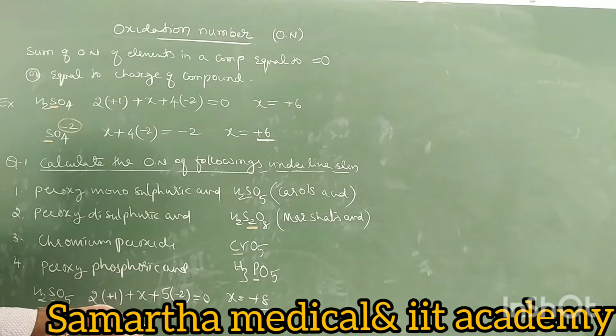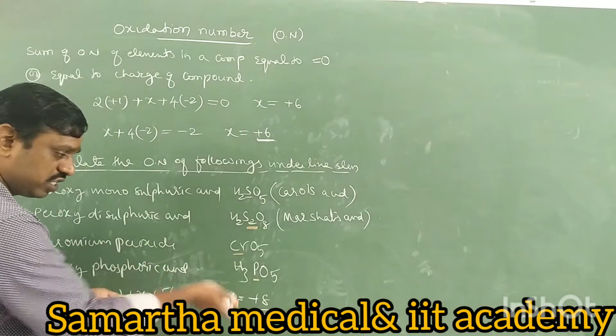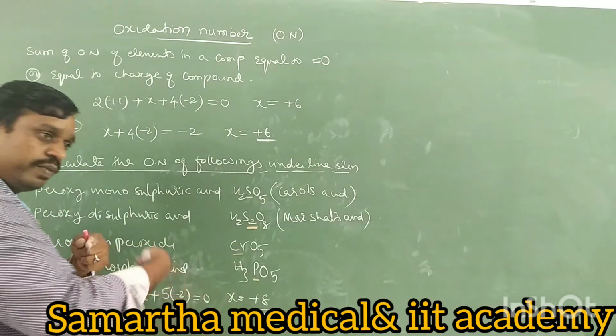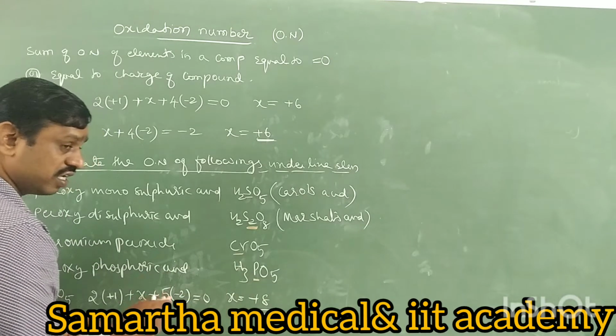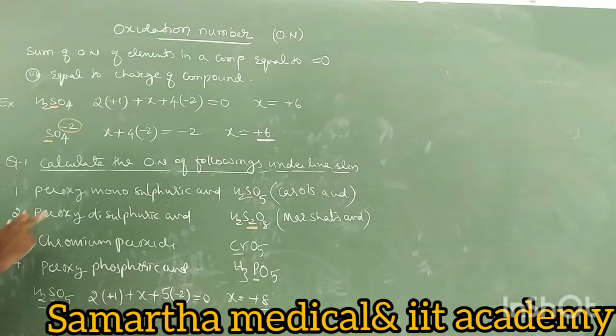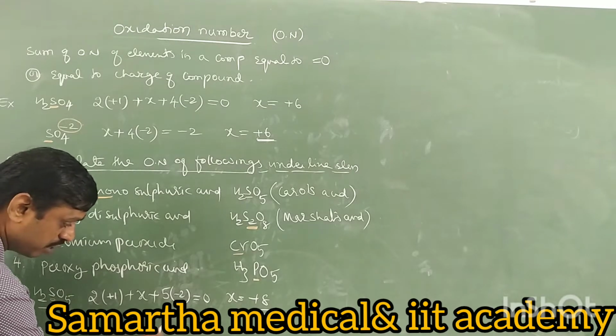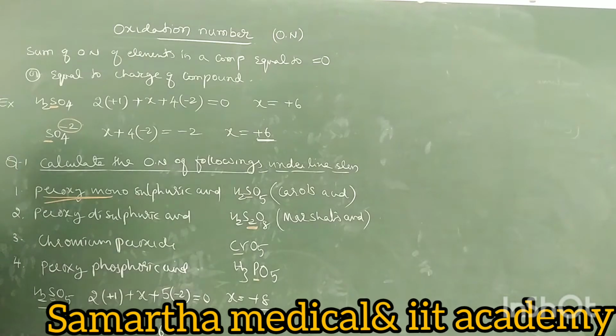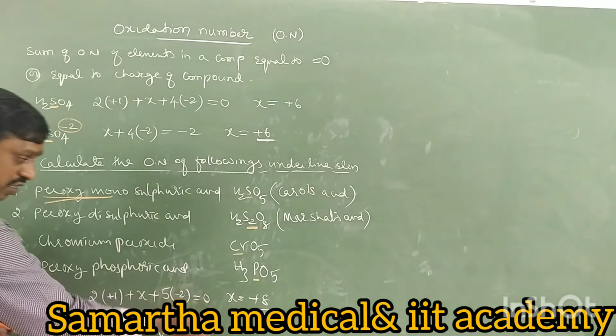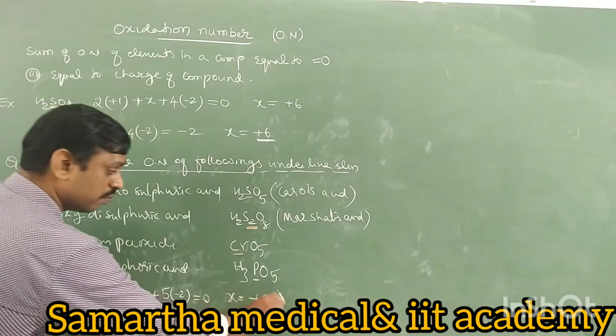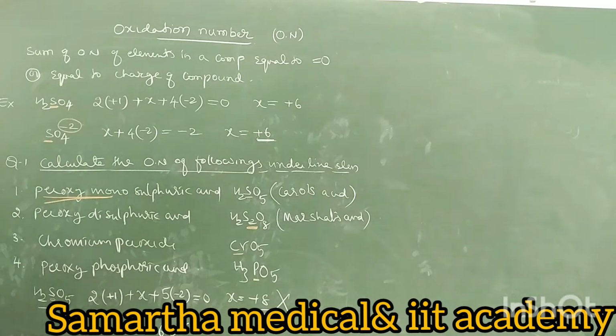Are there 8 electrons in sulfur to lose? No, there are only 6 electrons. It can lose a maximum of 6 electrons and become plus 6. Then how do we get plus 8? This indicates that this molecule has what? A peroxy bond. Therefore, what is its original oxidation number? Its original oxidation number must be plus 6 only. In the exam, if they ask the oxidation number of sulfur, you should write plus 6 but not plus 8. On calculation you will get plus 8, but that is not the correct one. The correct one is plus 6.